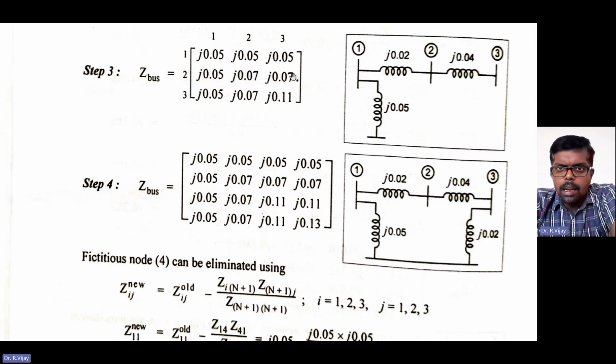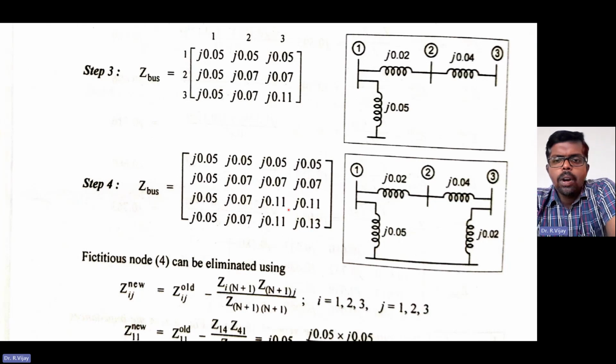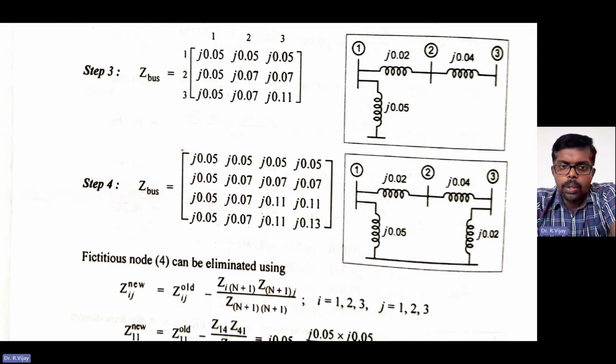Say for example, this is a 4 cross 4 matrix. Now you need to reduce this to a 3 cross 3 matrix. Now what you need to do? You need to take this particular 3 cross 3 matrix outside. Okay, so that 3 cross 3 matrix you keep here. Whatever you take, that 3 cross 3 matrix that you take outside, minus 1 divided by